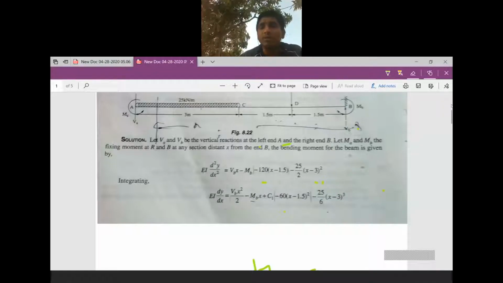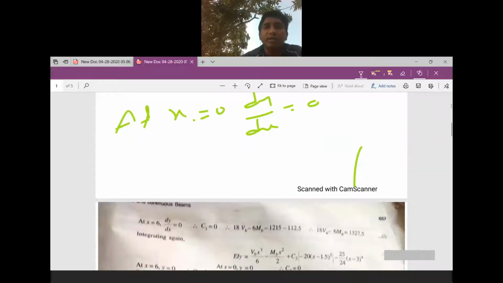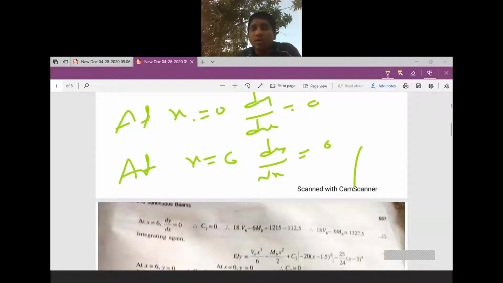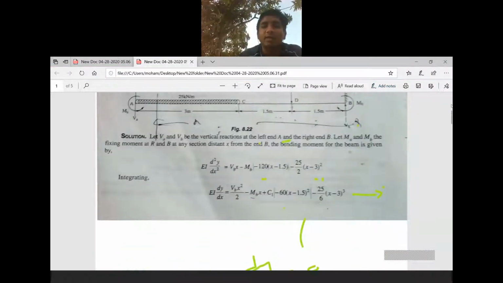When you substitute in this equation, when x is equal to 0, dy by dx is equal to 0, you will get c1 is equal to 0. When you substitute the other boundary condition, that is, at x is equal to 6, dy by dx is equal to 0, you will get this equation. The equation will become,